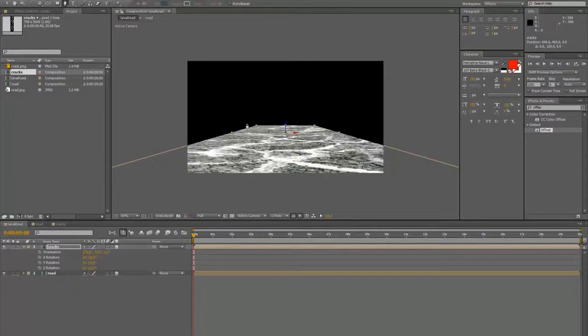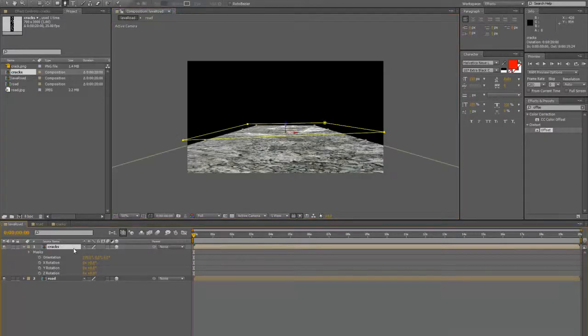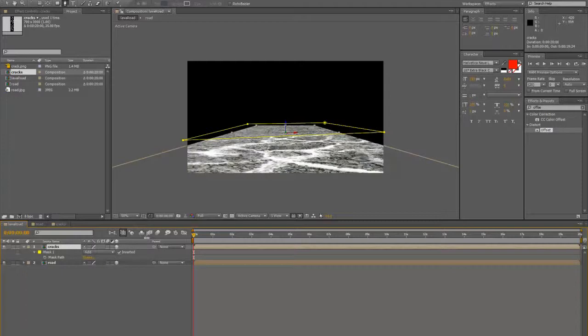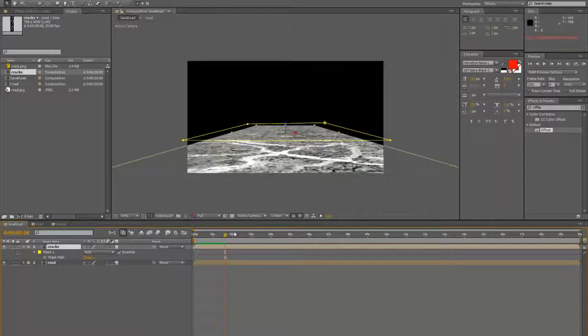So let's click the pen tool, and let's probably go to about there. Select the comp, select the mask, and invert it. I'm just going to move one of these anchor points down a touch. There you go. So as you can see, it looks as though the cracks are appearing, but at the moment